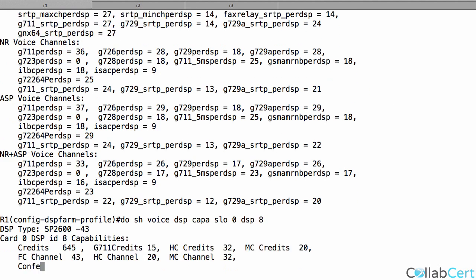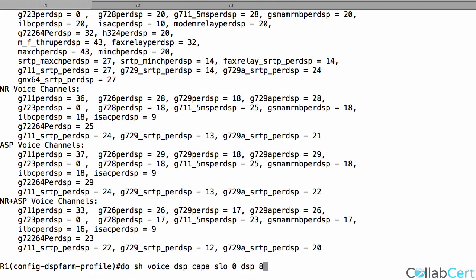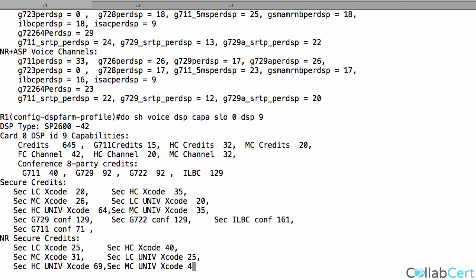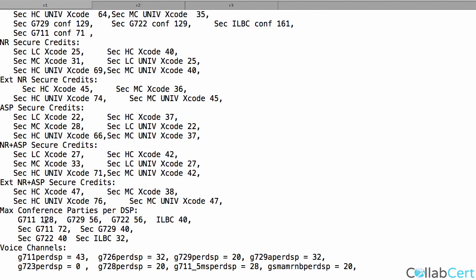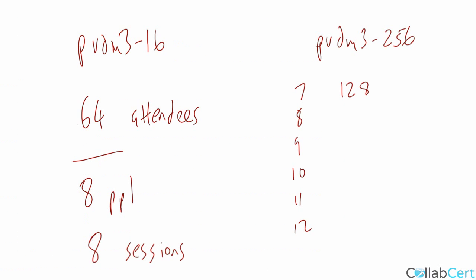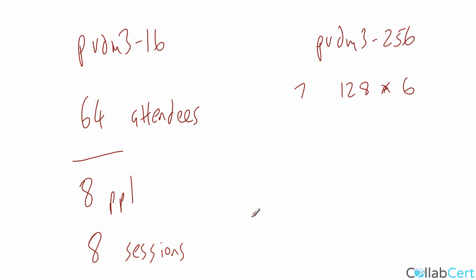Number 8 should be the same. I think they're all going to be the same. Again, we've got 128 there. And then number 9, which is slightly different in the case of voice termination and transcoding, but it's the same here, 128. So we've got 128 in effect times 6 as our value. So 128 multiplied by 6 gives us a total of how many attendees? Okay, 768 in total. So we've got 768 conference participants